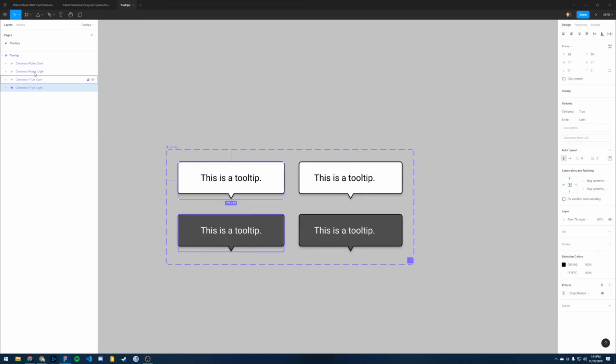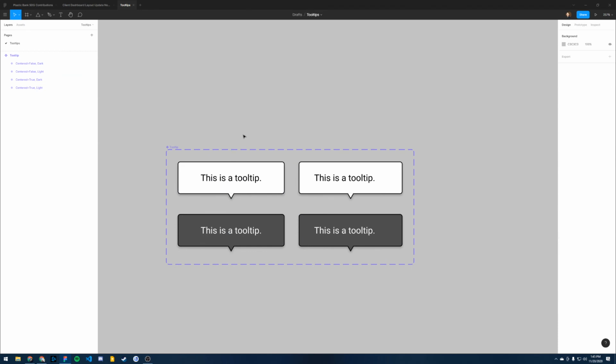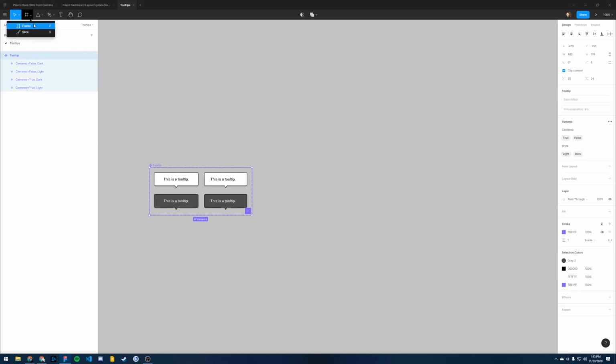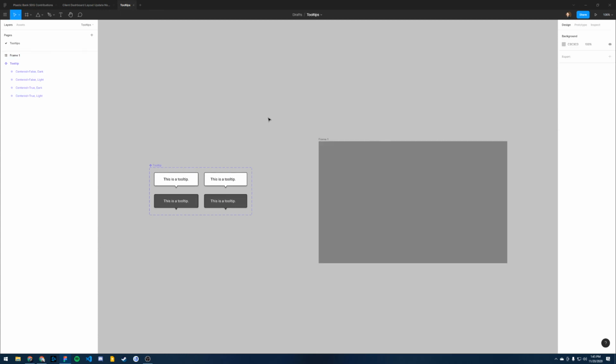So now we can see in the layers panel, it's automatically given us the values that we entered in the boxes here. So false, dark, right? So we have all these variants. Now let's see how we would use this as a component. So let's make a frame. Let's say you had your design here with whatever background color,